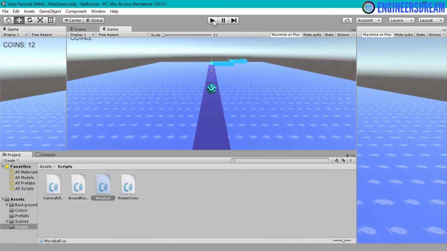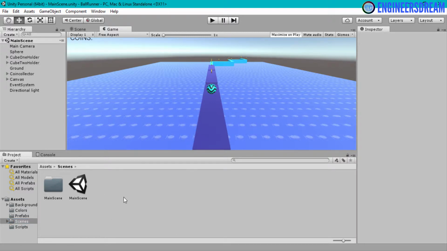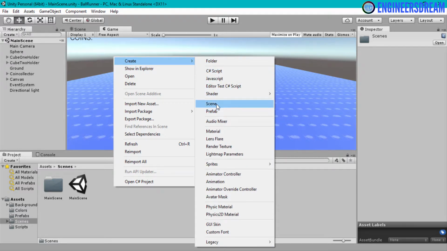Okay, so I'll come out of play mode, and after this, next I'll go inside the scenes folder, and inside the scenes folder I will now create a new scene. To create a new scene, you can either right click inside this empty space, you can click on create, and then you can click on scenes. I'll click on the scenes option over here